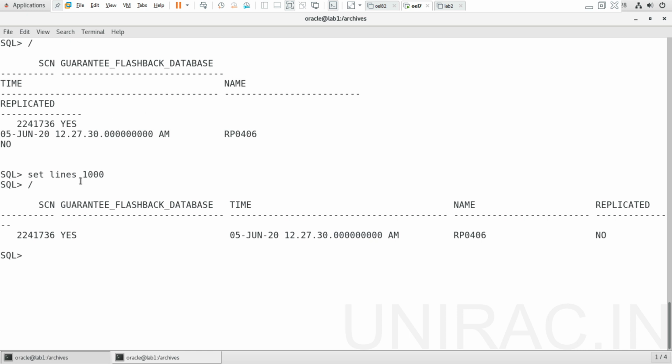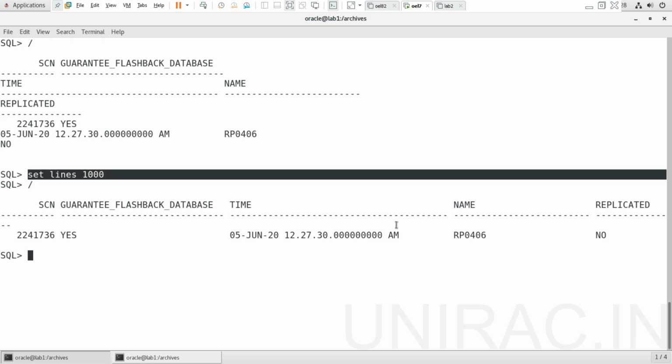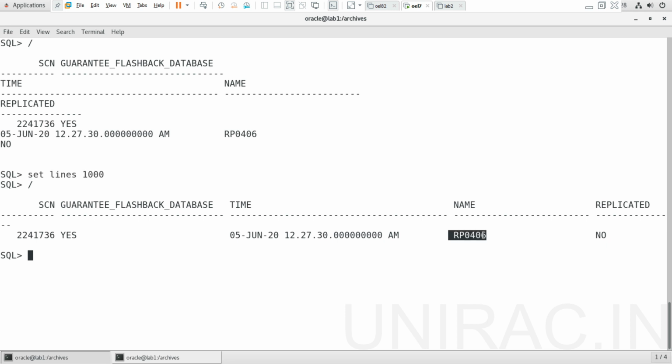It has the name RP0406 and a particular timestamp, and it's guaranteed with an SCN number. Either a timestamp, an SCN number, or a restore point we can use to flash back.